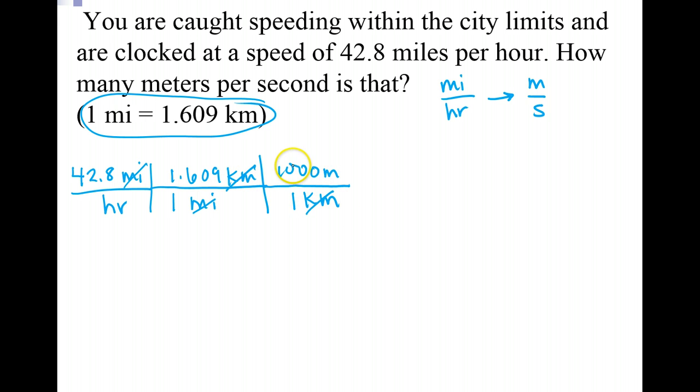Be very careful. I've had many students who write 1,000 kilometers as equivalent to 1 meter. And if you think about those two quantities, they are certainly not equal in length. So make sure you have the 1,000 in the proper place. If I stopped right now, I would have meters per hour, but I need meters per second. So I need to work with the hours next. Now notice hours is in the denominator, so I'm going to need to put it in the numerator in my next conversion factor. 1 hour, 60 minutes,